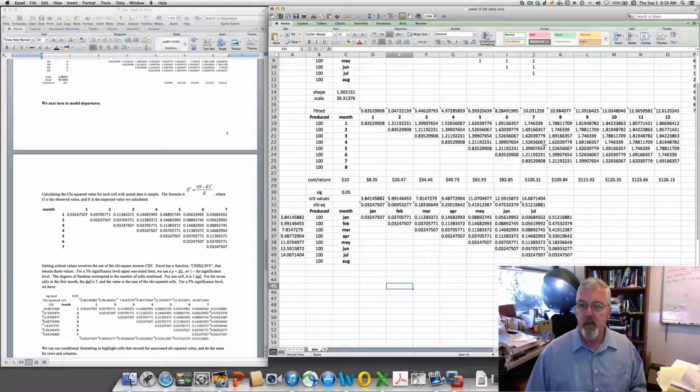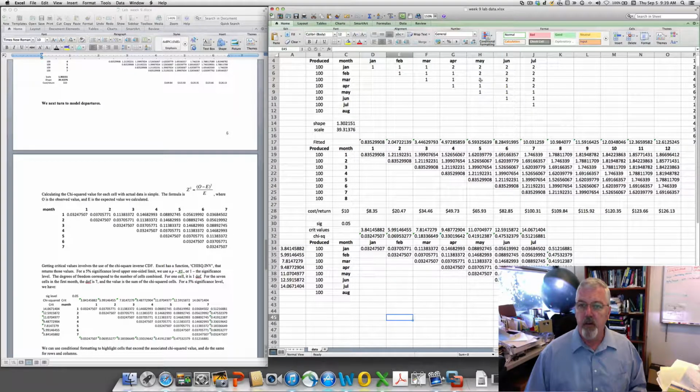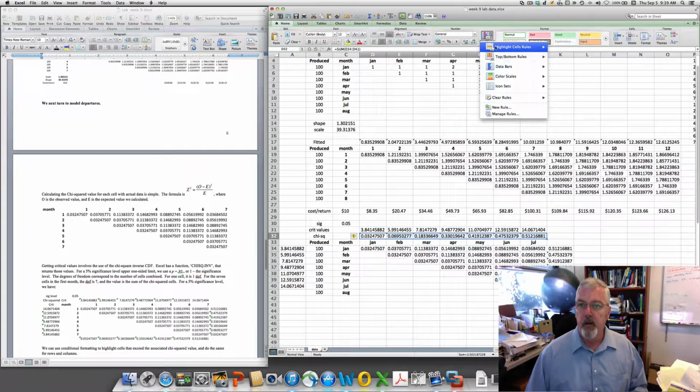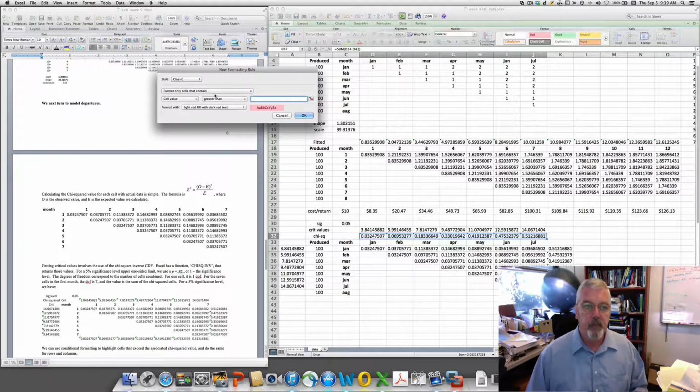And now what happens if I make one of these observations really big, let's make this one 10, then this value gets to be bigger than the critical value, 3.84, much bigger in this case, and the cell turns red, it's easier to see it. Let's go back and make that a 1, that problem goes away. Similarly for these, I want to add another conditional formatting. So if the cell value is greater than